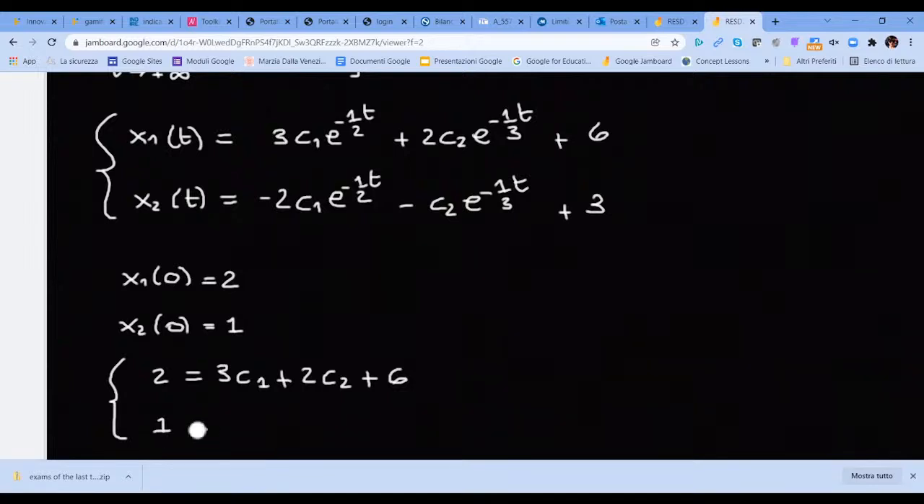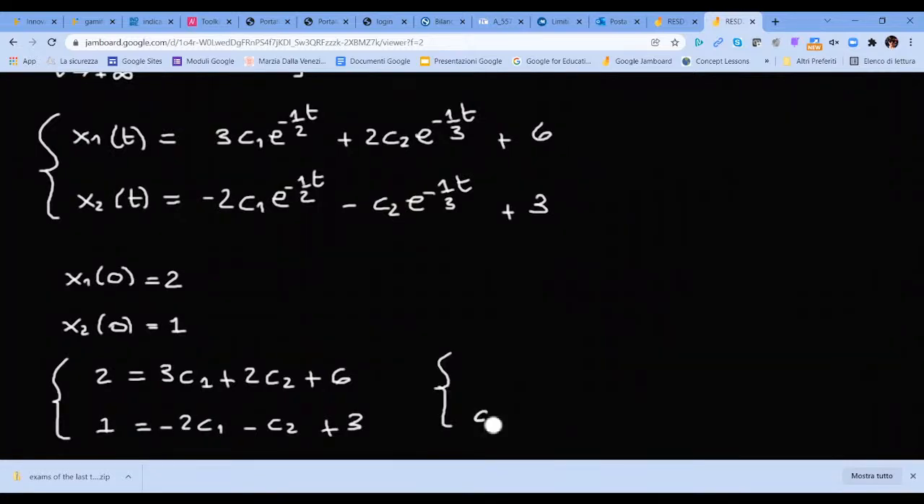And the second is minus 2 times C1 minus C2 plus 3. And then again, we have a linear system. We can compute, for instance, C2 by putting C2 on the other side of the equation, and it remains minus 2 C1 plus 3 minus 1 plus 2. And then we can substitute in the other one. Instead of C2, we write, so we have 2 minus 6, it is minus 4,